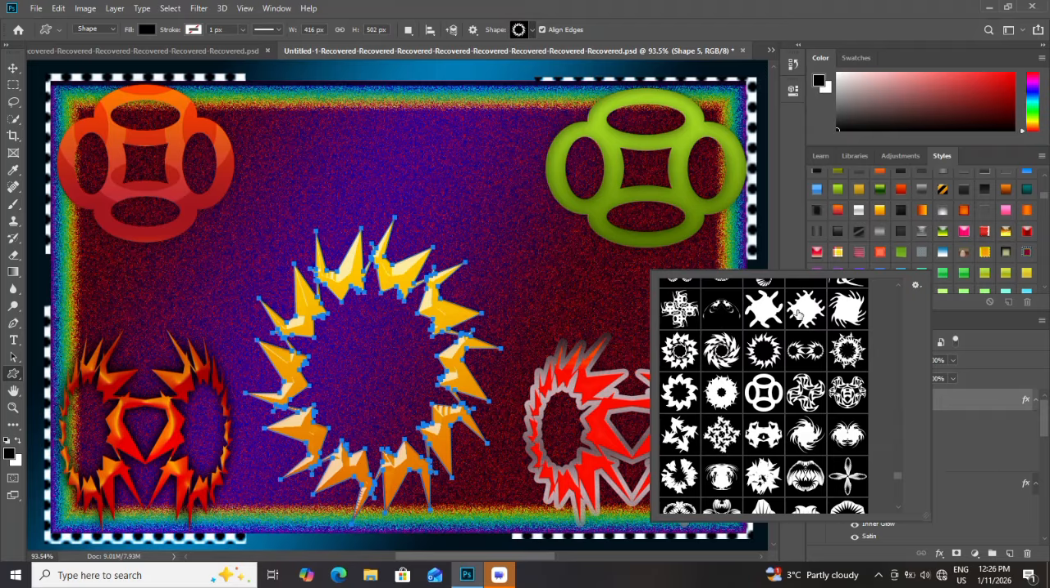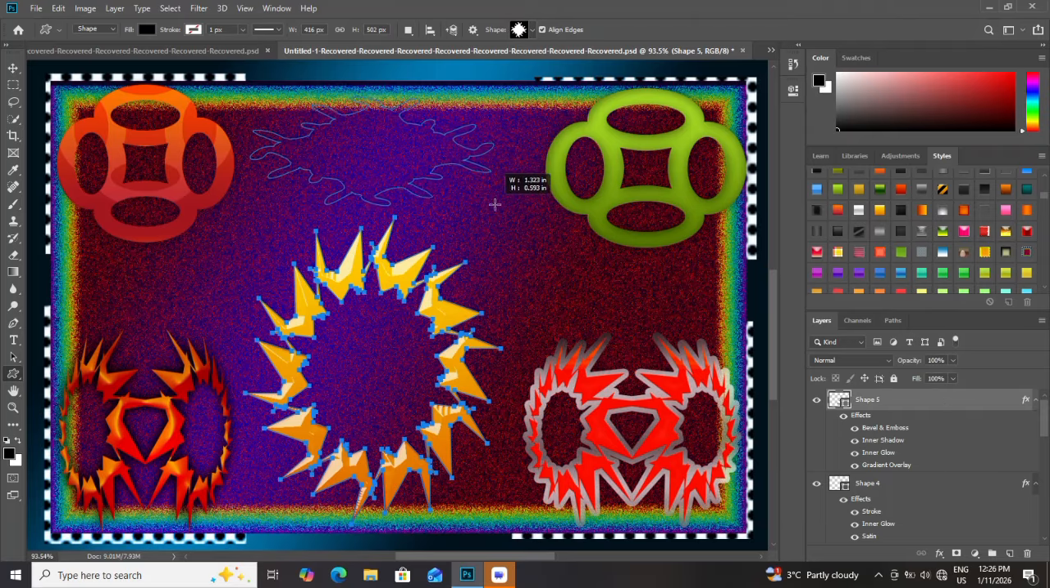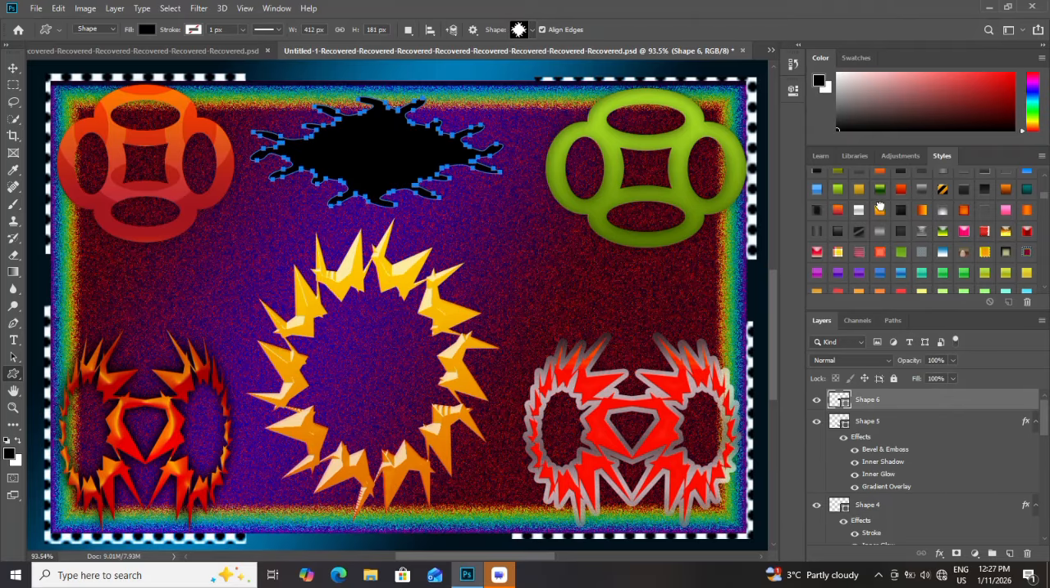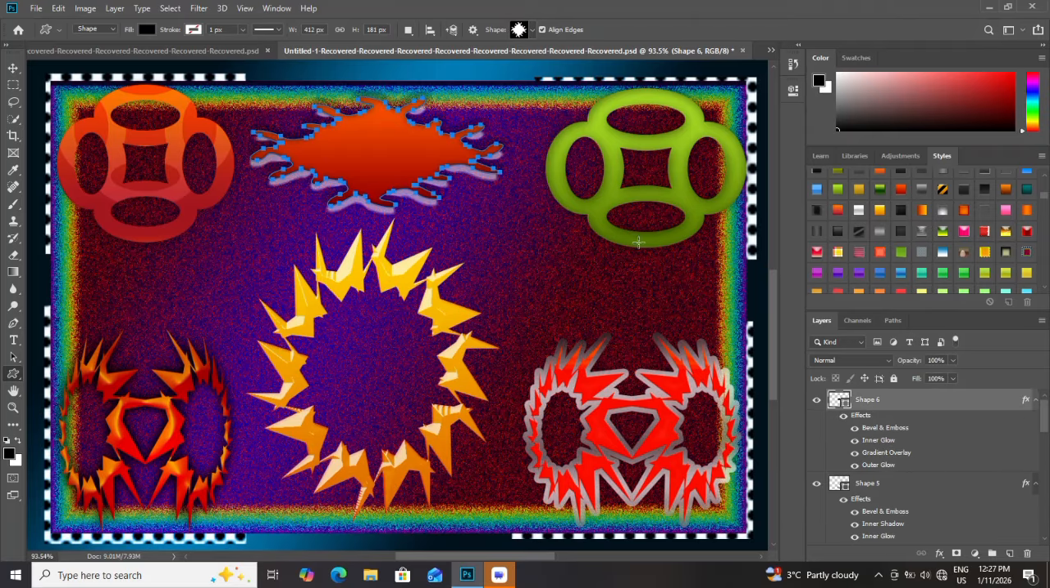I zoom in and refine edges, smoothing transitions for a clean finish. I add text layers using the Type tool,